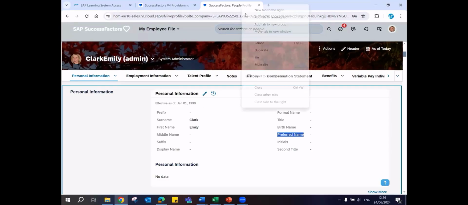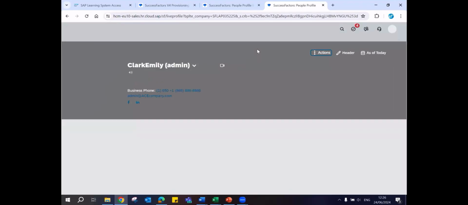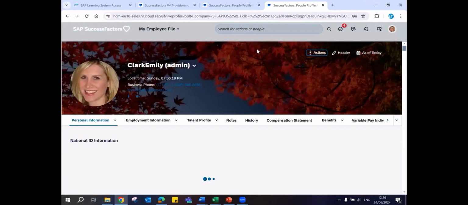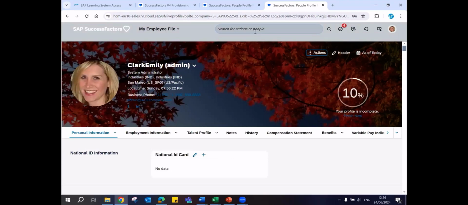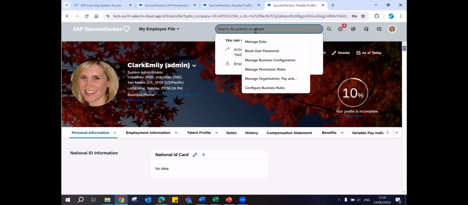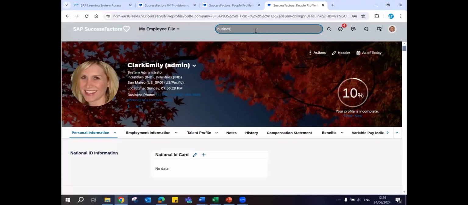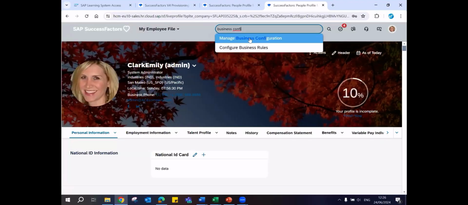So when the client is asking for such changes, we have a place in the system in the name of business configuration. So here we have Manage Business Configuration as a place.